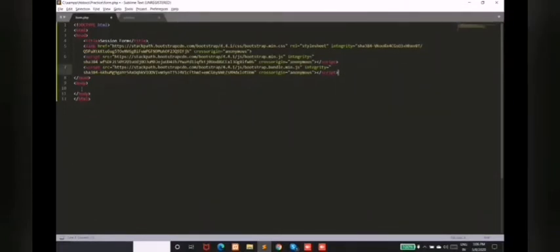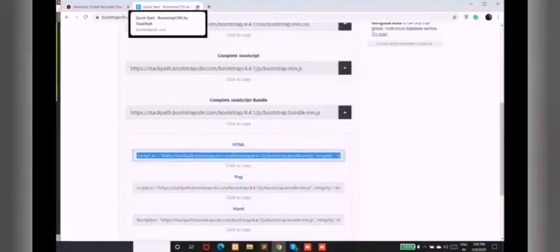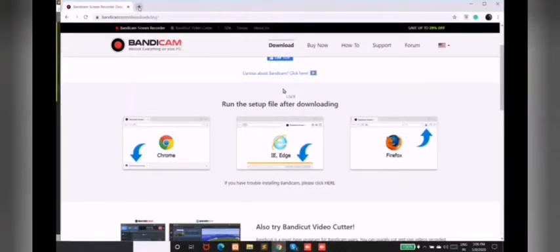So we have included it. You need to include the Bootstrap CDN each time. There are two types of Bootstrap CDNs: one is the customized Bootstrap CDN, the second is the default Bootstrap CDN.